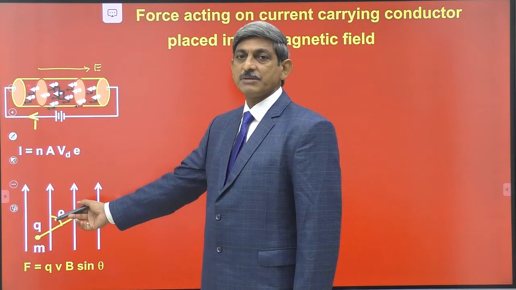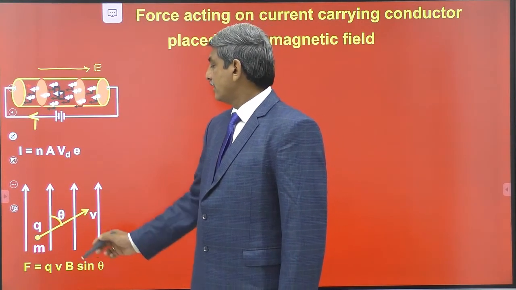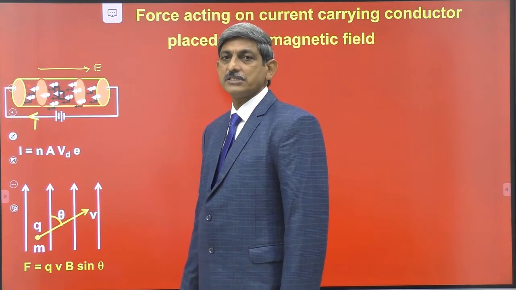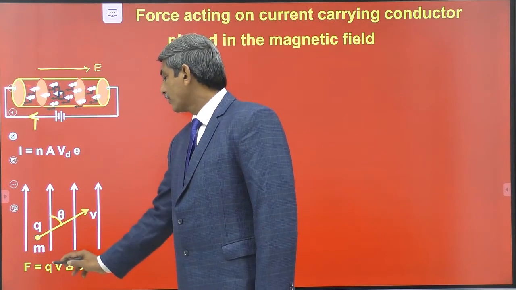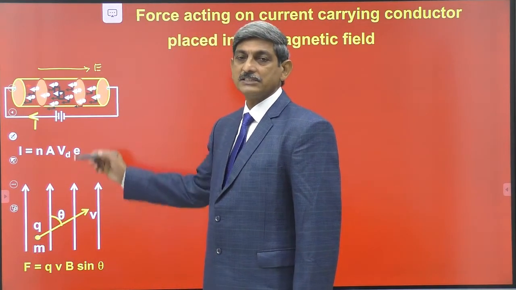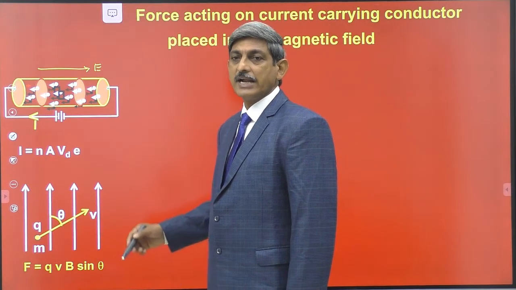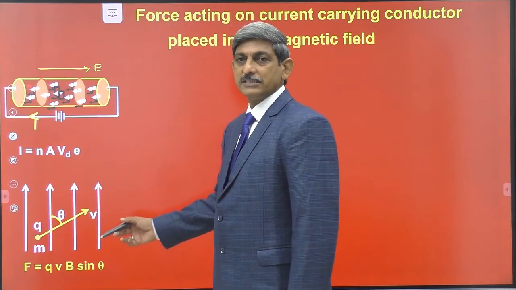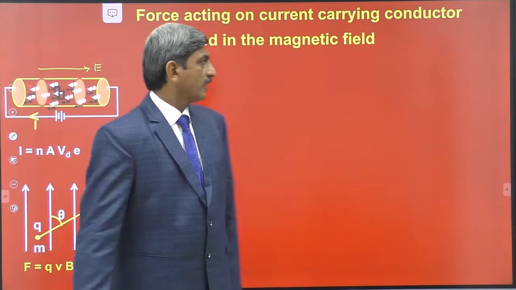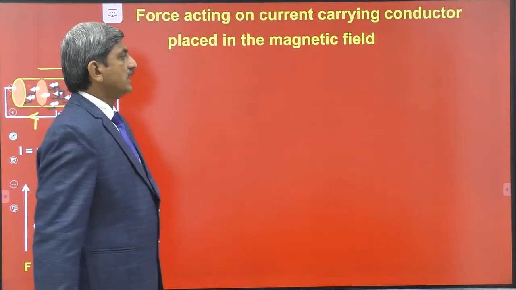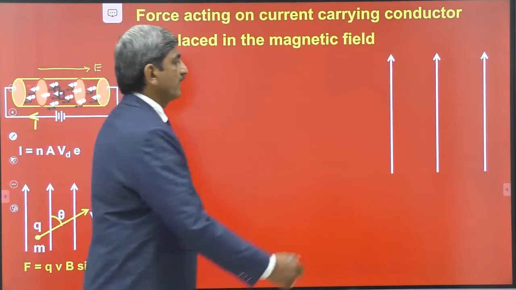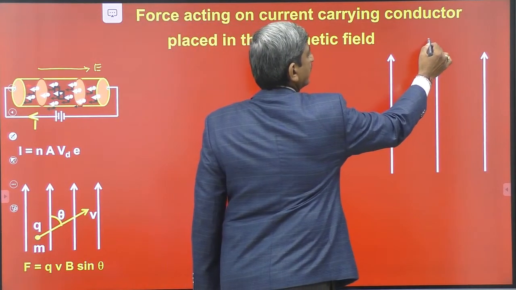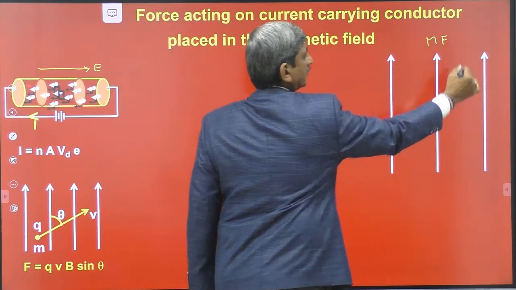And the second concept is the one we studied in this session. Whenever a charge is moving inside a magnetic field, some force acts on the charge. It is given by F = QVB sin theta. The letters have their own meanings, and I will explain them in the coming part of the session. Now, let us consider a uniform magnetic field. This is represented by straight arrows with equal spacing. This is the magnetic field.